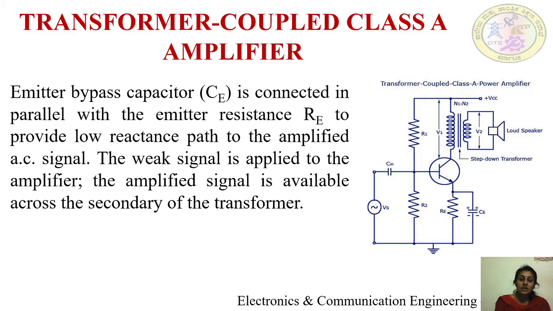That is, depending upon the turns ratio, the impedance connected to one side of the transformer can be reflected as larger or smaller at the other side depending upon the square of the transformer's turns ratio, that is RL dash is equal to RL into (N1 by N2) whole square.